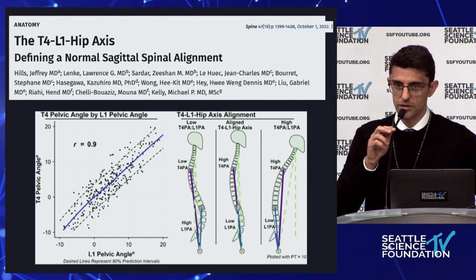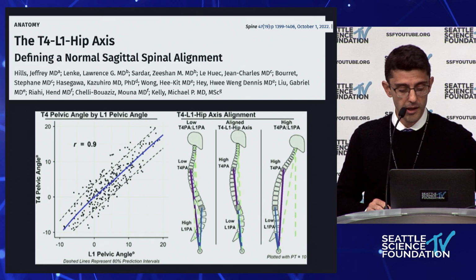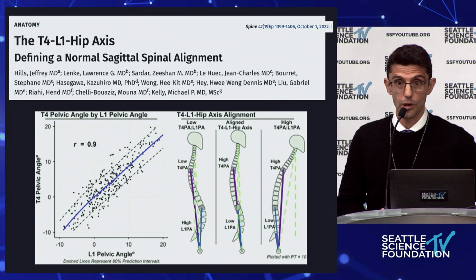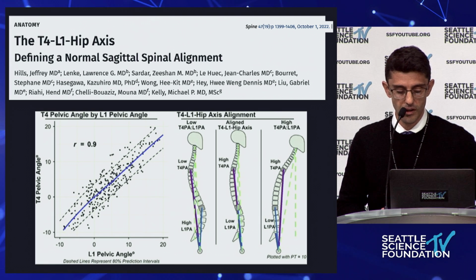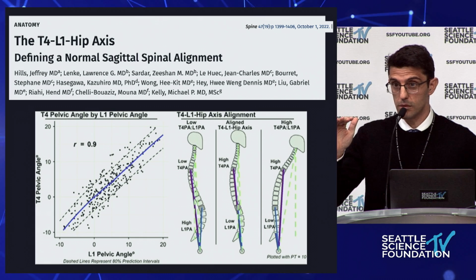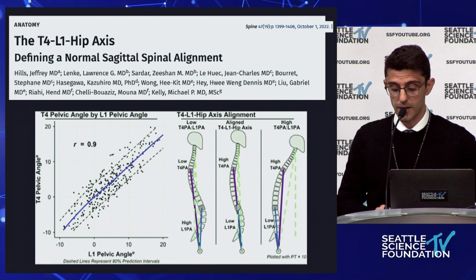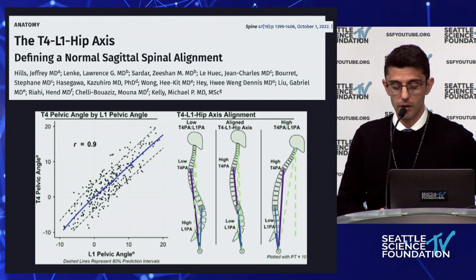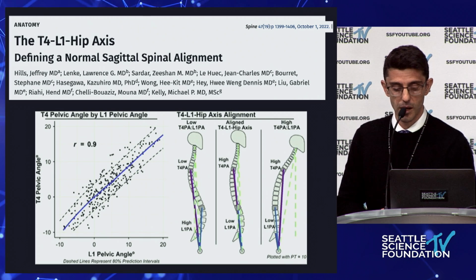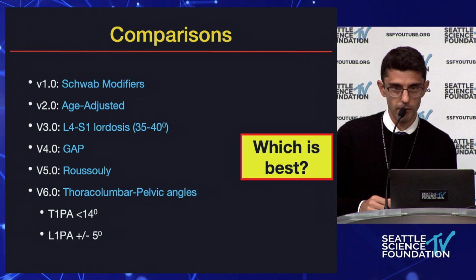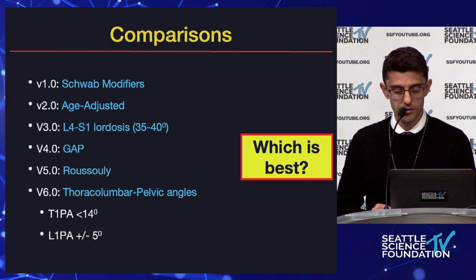This is also a very nice study from a close friend of mine, Mike Kelly, looking at L1 pelvic angle and its relationship to the global alignment. So if you can set the L1 PA correctly, it ultimately sets your global alignment nicely, and also one target for minimizing complications. So in the sagittal plane, we have all these different proposed alignment targets, and so which